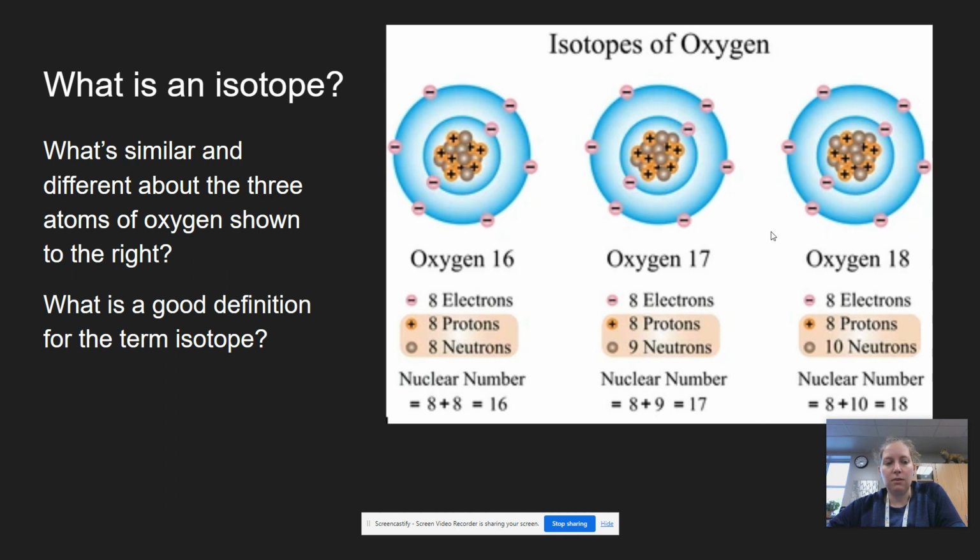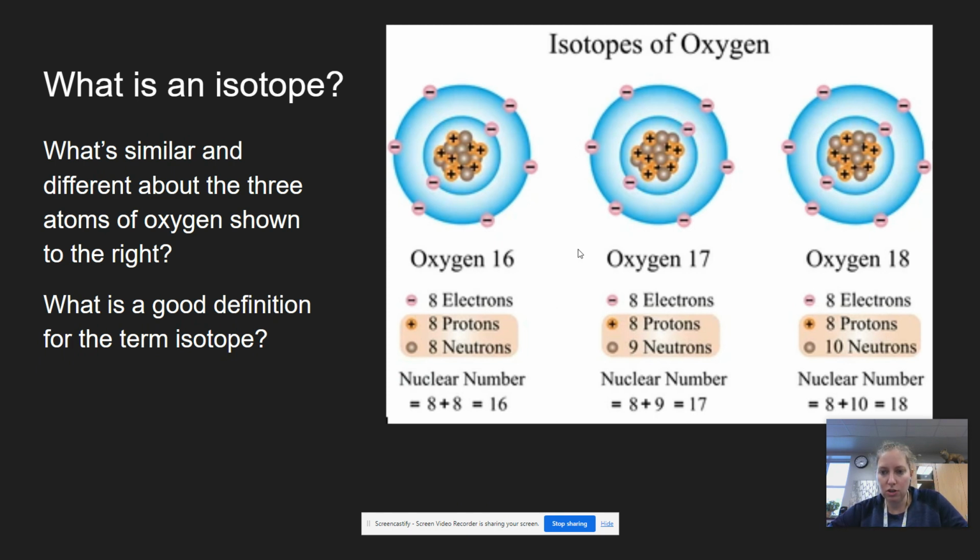Take a few seconds to think about what's similar and different about these three isotopes of oxygen shown to the right. Based on this, you can see they have the same electrons, so they're going to react the same in chemical reactions. They have the same number of protons, that's what makes them all oxygen, but they have different numbers of neutrons. And while that doesn't affect how the atom acts in chemical reactions